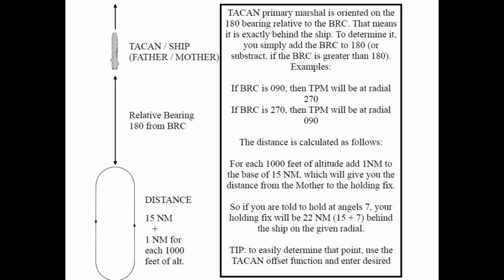And then the distance is calculated as follows. For each 1000 feet of altitude, add 1 nautical mile to the base of 15 nautical miles, which will give you the distance from the mother to the holding fix. So if you are told to hold at Angel 7, your holding fix will be 22 nautical miles, 15 plus 7, behind the ship on the given radial. And just to clarify, your hold will actually be a 10 nautical mile racetrack pattern relative to what we've just